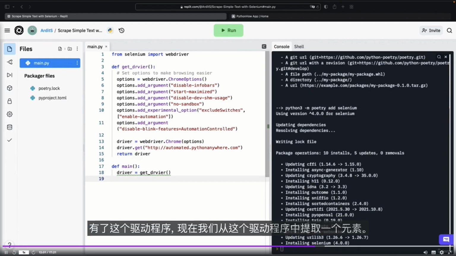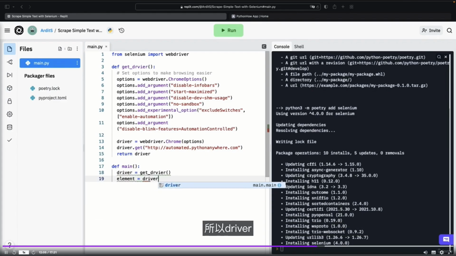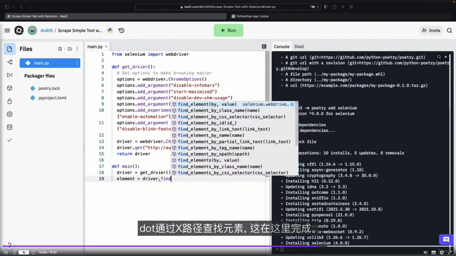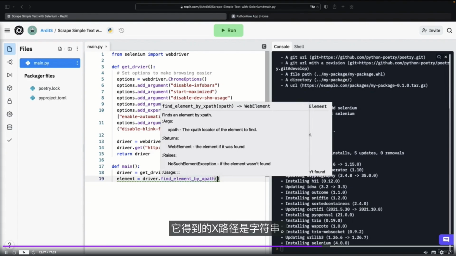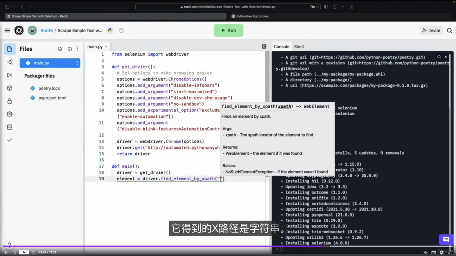And with that driver, now we extract an element from that driver. So driver.find element by XPath, which is down here. Yes. And this gets the XPath as a string.